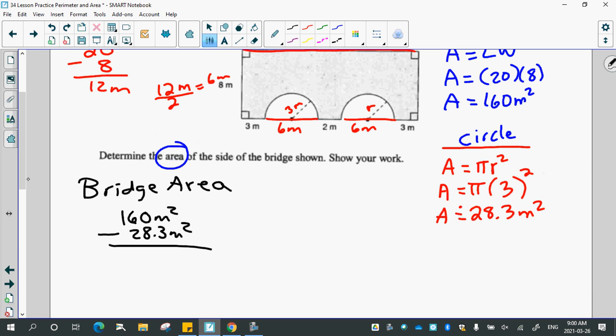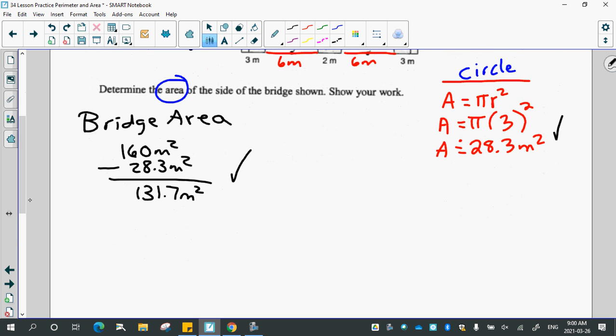Remember, you have to show your thinking, you have to show that you're subtracting, you can't just do that on your calculator and then all of a sudden come up with the answer. So determine the area of the side of the bridge shown, show your work. We did that, we found the area of the rectangle, we found the area of the circle, we showed how we got the diameters of the circle, we showed how we got the bridge area, now we just need a therefore statement. Okay? So therefore, the area